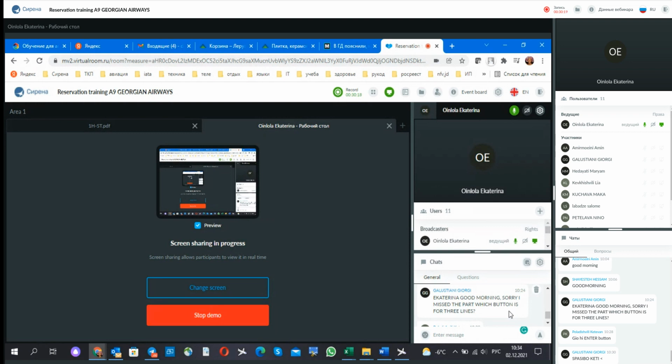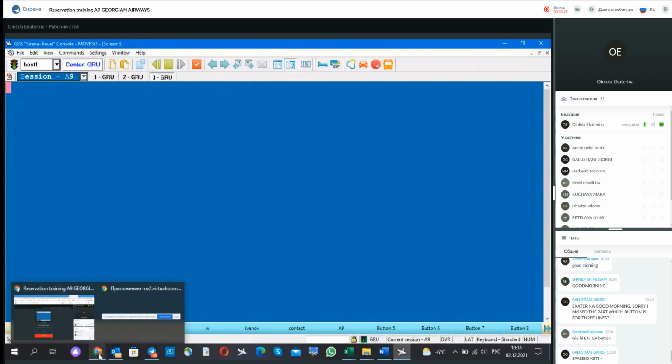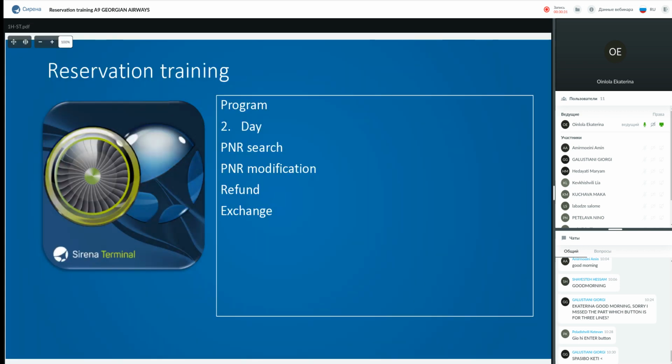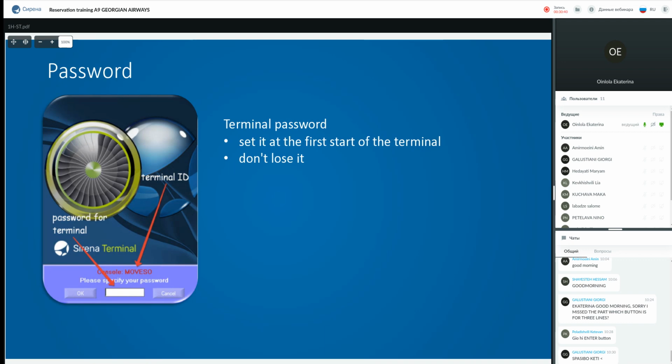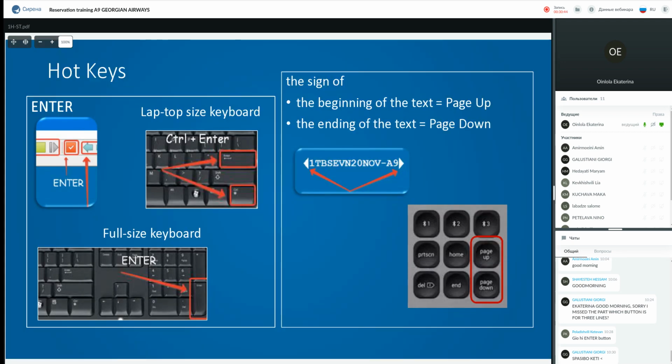Okay, which button for 3 lines? I'll try to show you which, okay. It will be here, I think. This one. Well, enter. On this